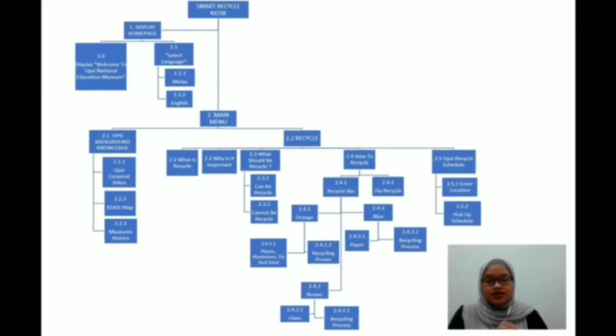Because we want this website to achieve our goal, which is to let people know how to recycle and why it is important to us or to ourselves. Okay, and the next part we move on to is what should be recycled, because we know that not all things we can recycle. There are things that can be recycled and there are things that cannot be recycled. And then we teach the user how to recycle. There are two ways. We create two ways. The first common one is the recycle bin, and then the DIY recycle,